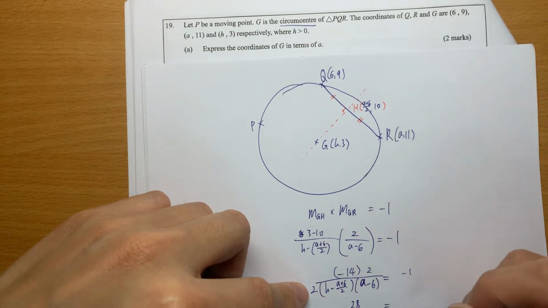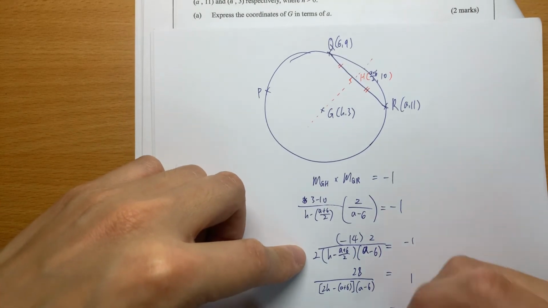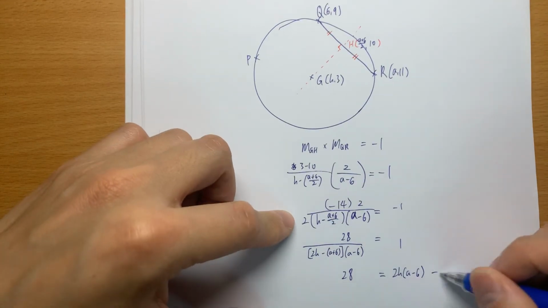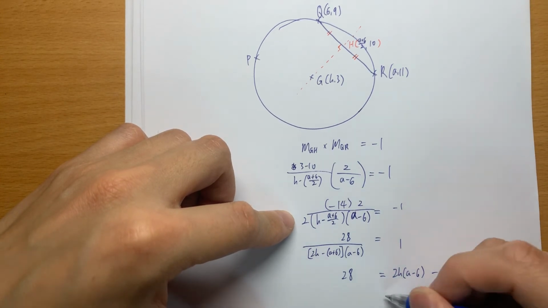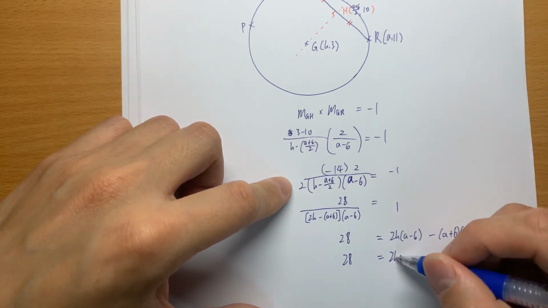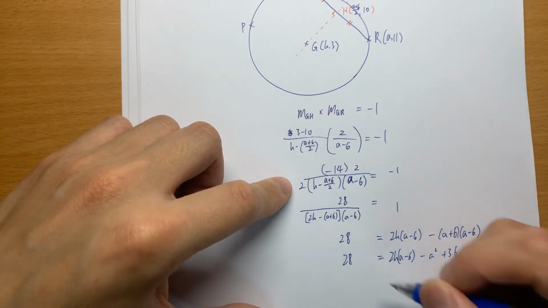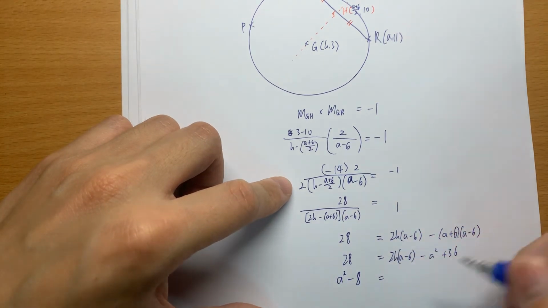So that's why 28 becomes 1, and then this one is 2H minus (A plus 6). And then 28 is equal to 2H times (A minus 6) minus (A plus 6) times (A minus 6). So A squared minus 8, and then this is